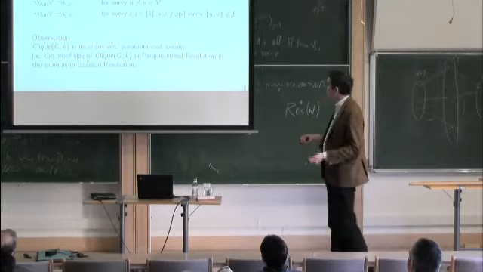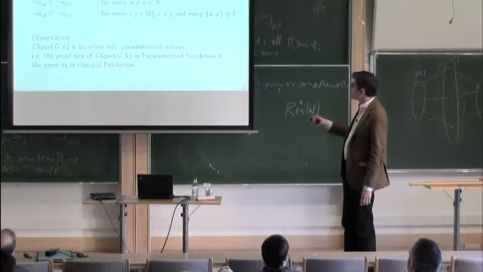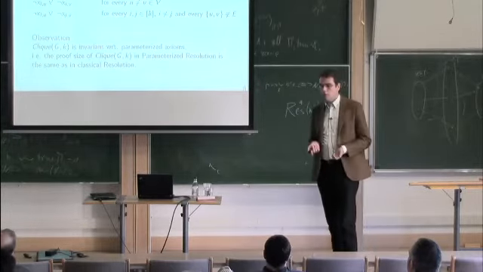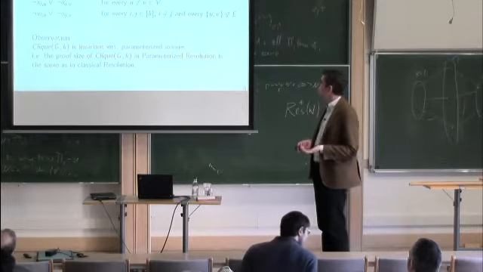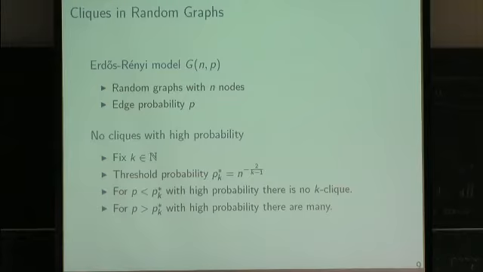So what we can do is, instead of looking at parameterized resolution, we can as well study the classical complexity in resolution or tree-like resolution of these formulas. And we will do this in the well-known model of random graphs introduced by Erdős and Rényi, where you build random graphs over n nodes, and you choose each edge independently according to some probability p.